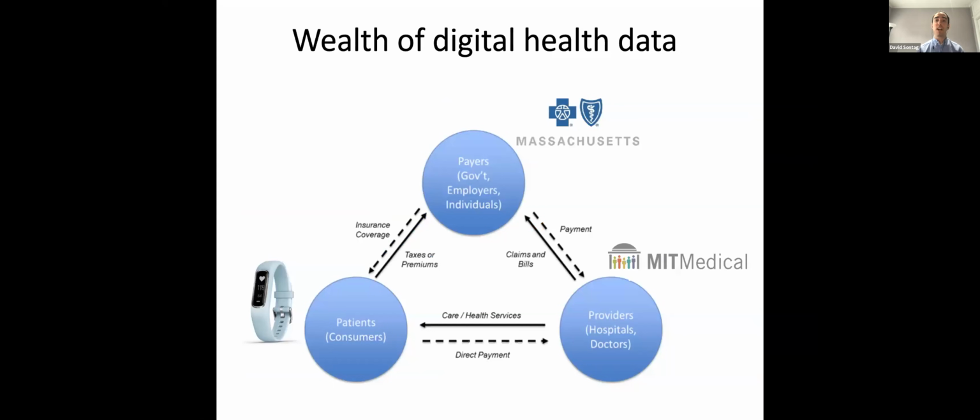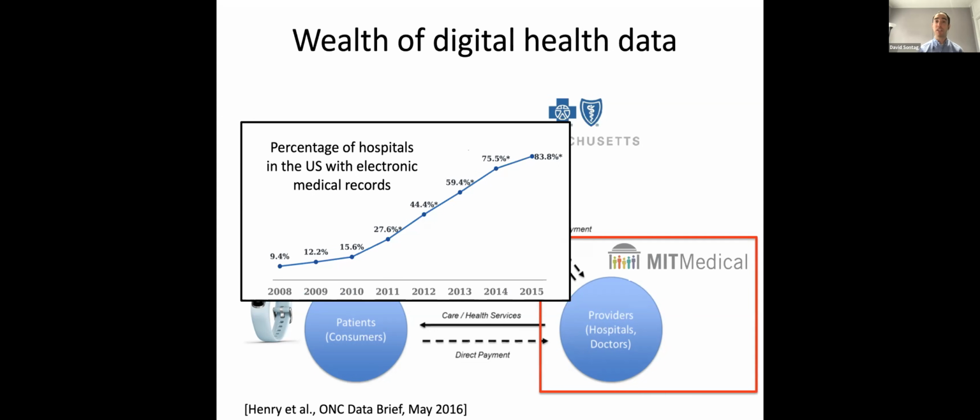Health data lives in a variety of different settings, and it's really important as we think about how we're going to tackle a few different scenarios that we'll discuss in this lecture today, where that data might come from. For example, one major source of health data is providers or hospital systems. Many of you students go to MIT Medical. MIT Medical has an electronic medical record. And across the United States, the adoption of electronic medical records has increased dramatically since 2008, from 9.4% to well over 85% today. That data consists of some of the aspects that I mentioned earlier, such as clinical notes and